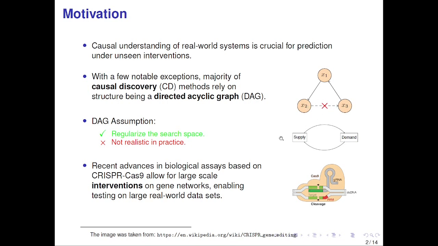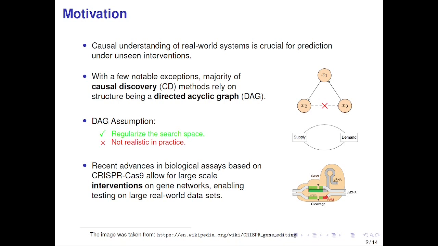While this assumption is helpful in regularizing the search space of all candidate graphs, it is not very realistic in practice. A popular example, which is common in economics, is that of the supply and demand dependency, which is cyclic by nature. Unfortunately, such systems are harder to study, and it's even harder to obtain meaningful data to test